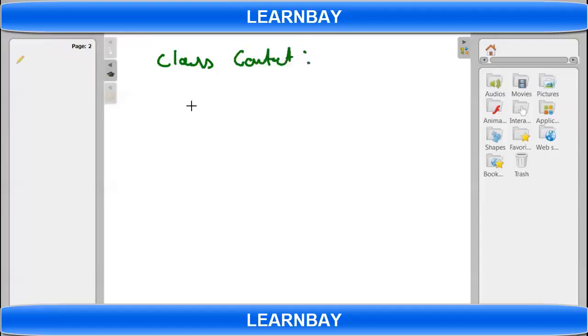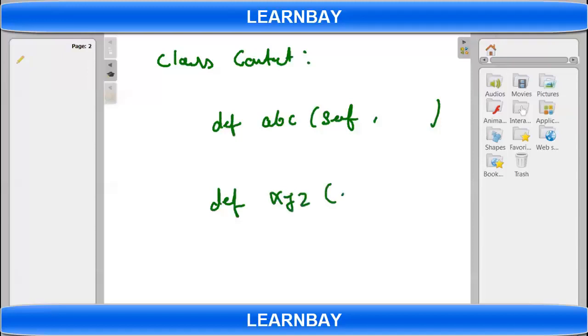Let's say def ABC, self, something, and then def XYZ, self, something. Here one variable called a is there, but I want to access that here. No, not possible.